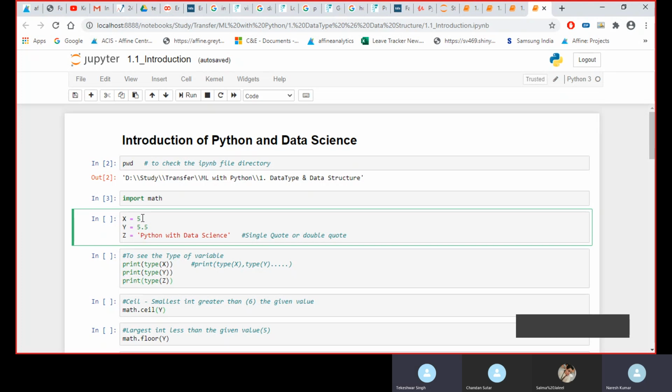So the data type of x would be integer, because we don't have any decimal places. If you see this 5.5, there is something called float. We also have a data type called float, so this 5.5 would be the float data type in y. And this, as we know, is a character, so it will get assigned as a string in z.